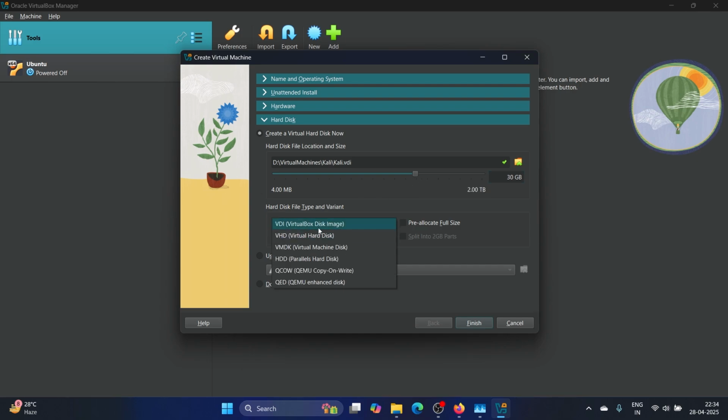and here make sure you selected the VirtualBox disk image. Enable this if you want your hard disk to pre-allocate the full size. If you don't check it, it will dynamically increase over time. Now let's finish it,